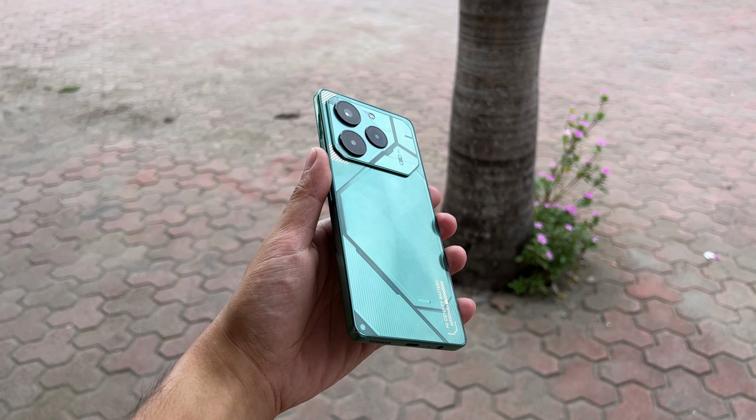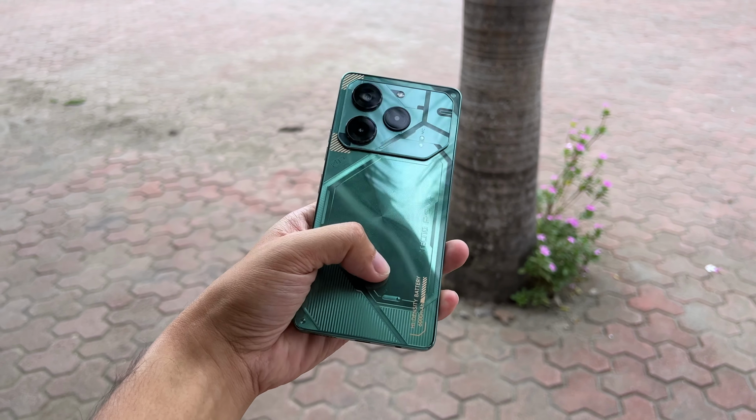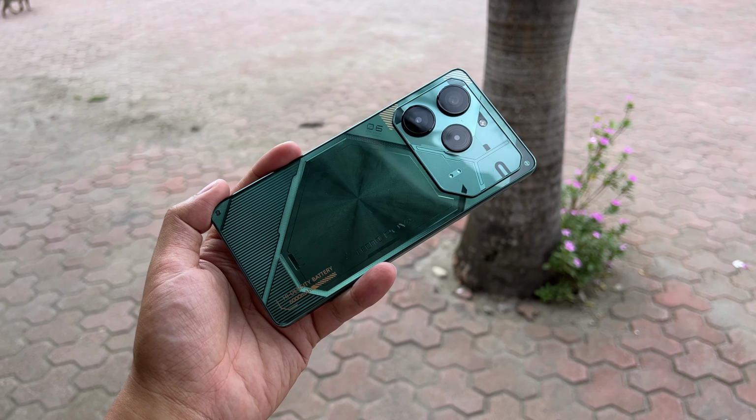After 6 months, Tecno has updated their popular Pova 5 Pro with the new Pova 6 Pro. If you can tell, this is still the same unapologetically gamer-centric phone that targets budgeted consumers. Although the back design has drastically changed, the innards or the specs you get are similar if not identical to the predecessor. On the other end, there are meaningful upgrades here that make the overall experience a bit better now